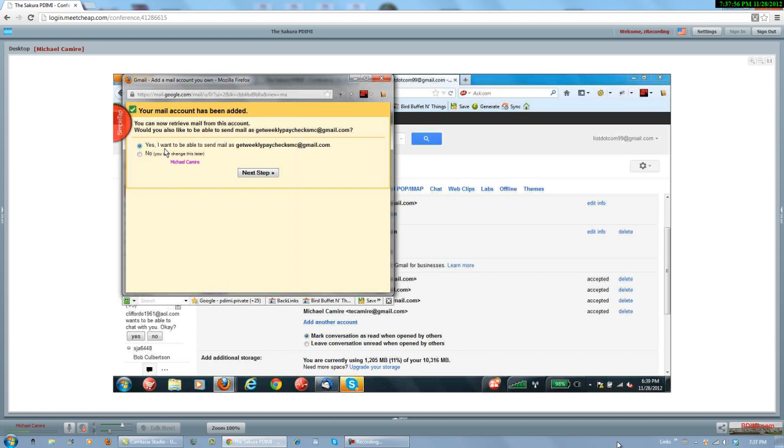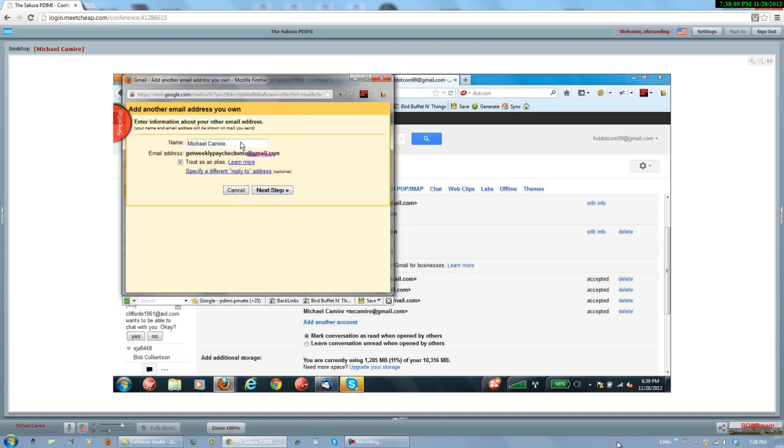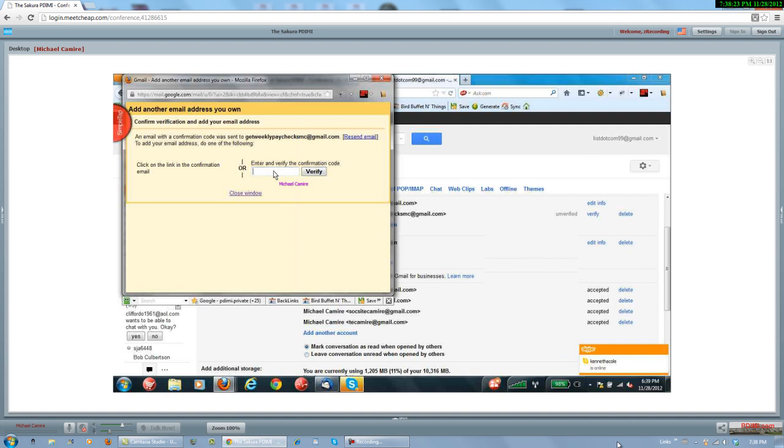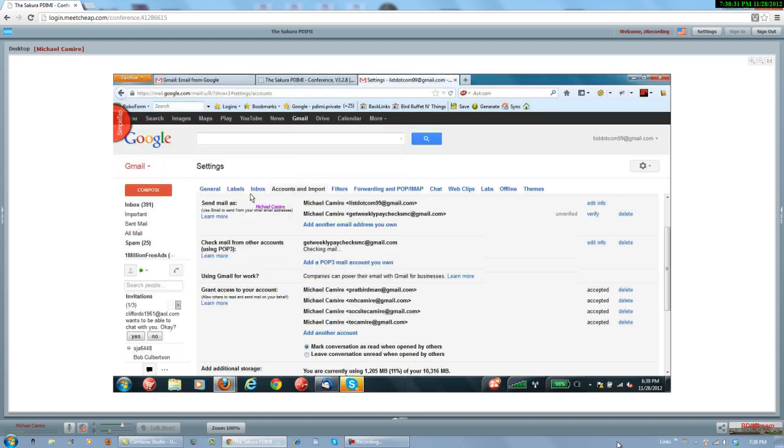And I say, yeah, I want to be able to send mail as this account. So in other words, I can send mail from this Gmail, but as if I was in that account. Okay? And you would put your name that you want to show up. And then you say send verification. Okay, and you can come back to this. I'll show you. Now, what will happen is,